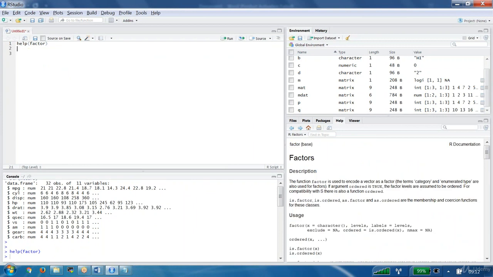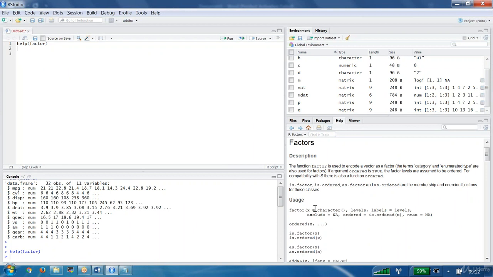We got that factor belongs to which package? Yes, base package. We can see the usage here: x is equal to character. So factor accepts characters. And then levels, labels, exclude, ordered, and nmax.